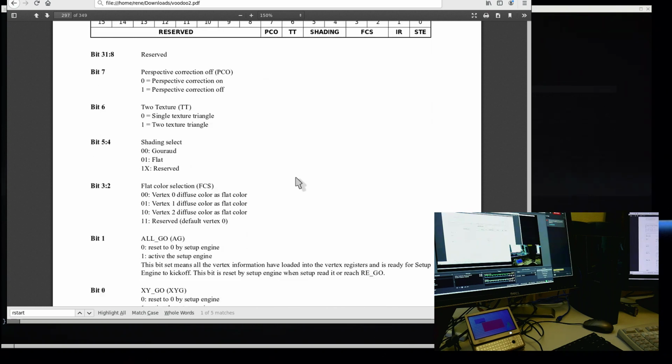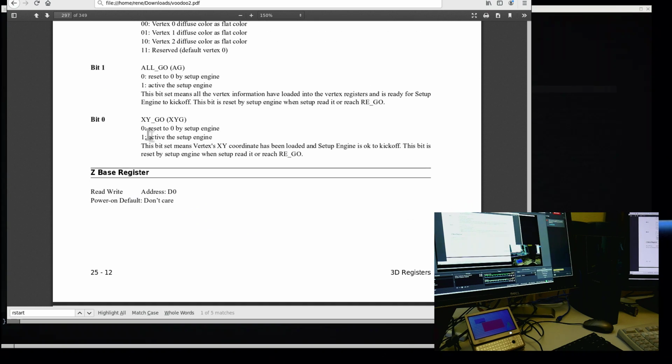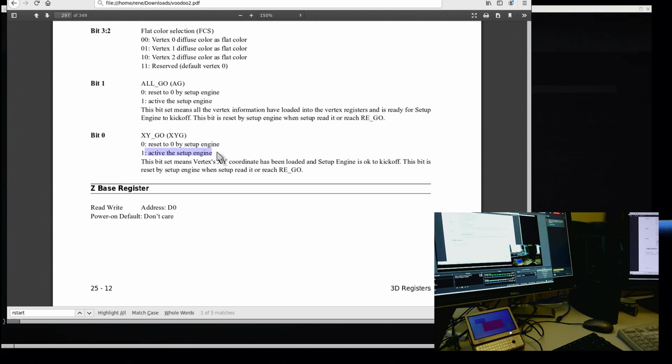And here is also a start active setup, active the setup engine. And of course the English, probably some Chinese co-worker has done this there at Silicon Motion somewhere, active the setup engine. So after a lot of reading and trial and error and testing and comparing and seeing what happens, I figured that this,